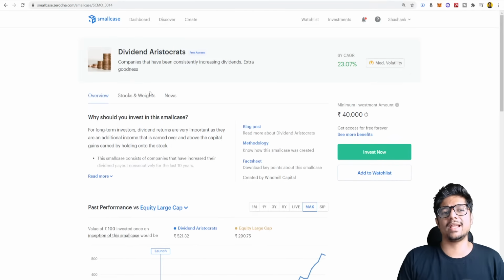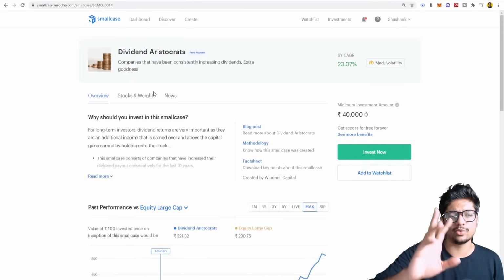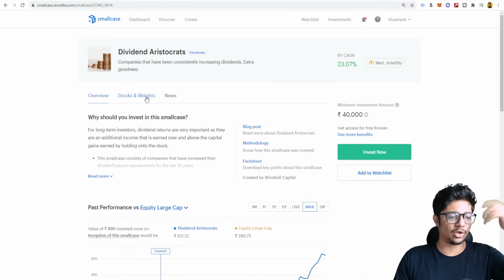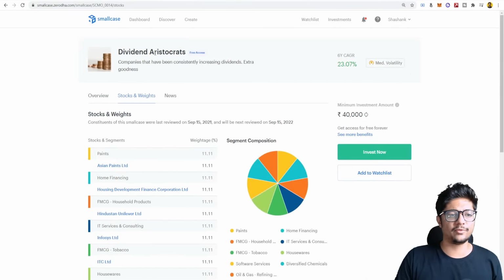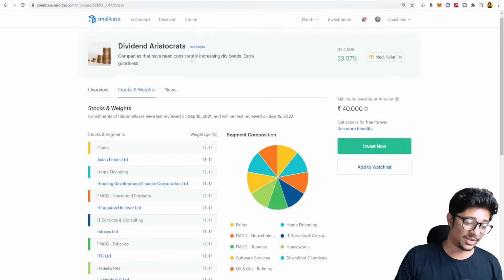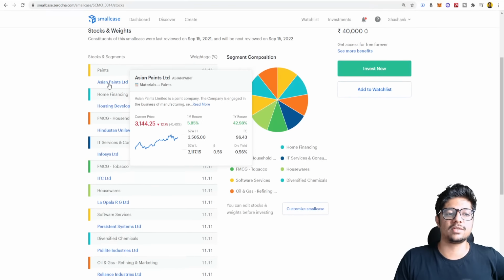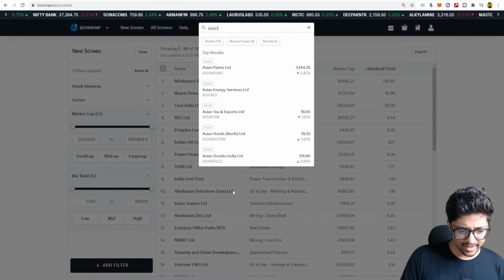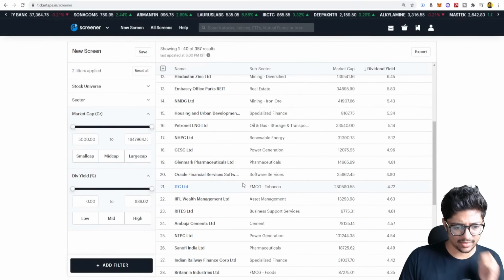Right now, if you're like, okay Shashank, this is too confusing, I'm going to show you one free and one paid smallcase for you guys, if you want to automate this process as well. So if you look at the free one, which is called Dividend Aristocrats, see what they have. Asian Paints, consistent compounder, good dividend as well, right? If you want, we can check that also. Let's check. Wasn't Asian Paints here? I think I saw it once.